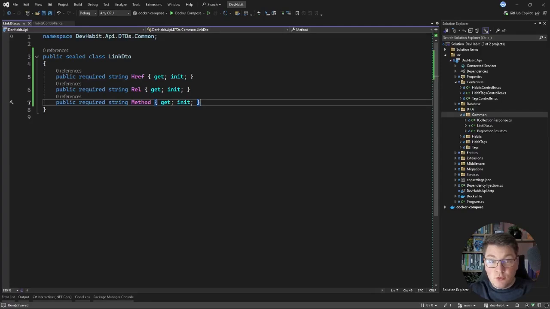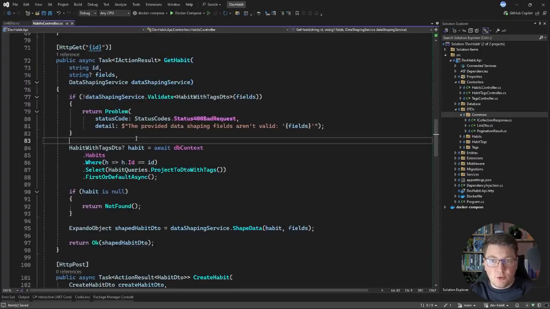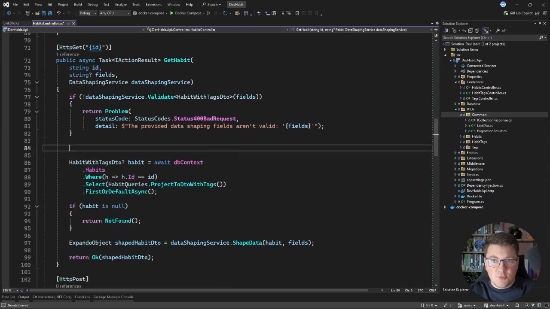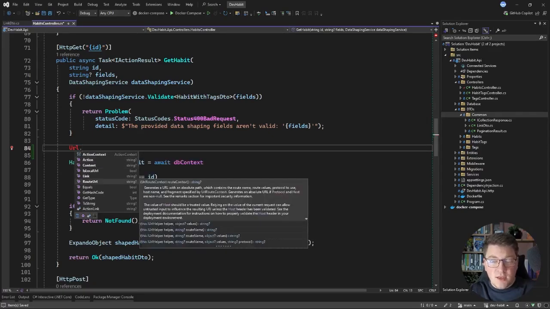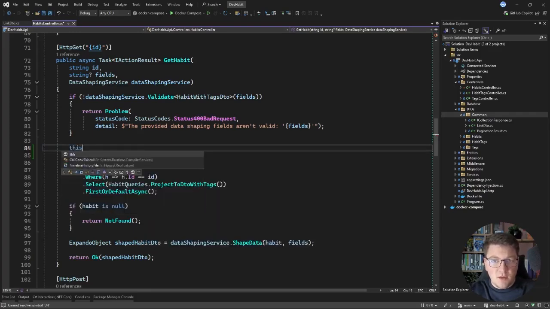Now, how do we construct a link? There are a couple of options inside of ASP.NET Core. The simplest approach could be using the URL helper. This has a couple of methods that you can call to get back a URL for a given action or a route, but the URL helper is only accessible as a property on the controller. So it's going to limit reuse to some extent. Of course, we could create a helper method that we can reuse from our controller methods,